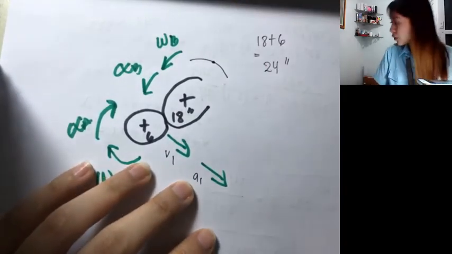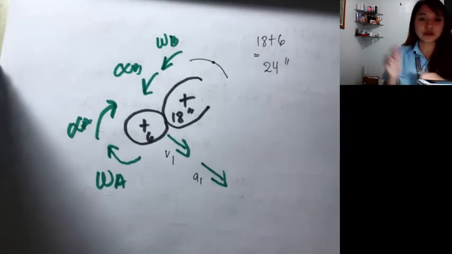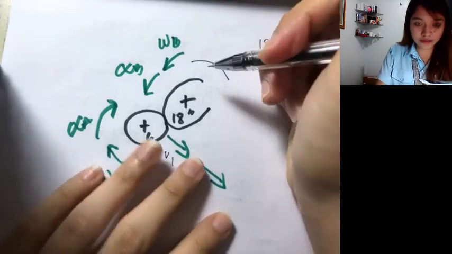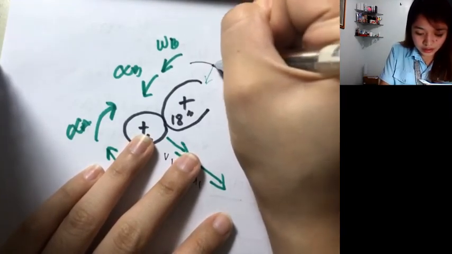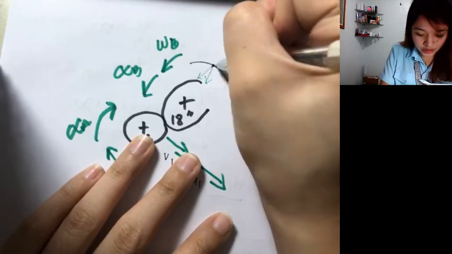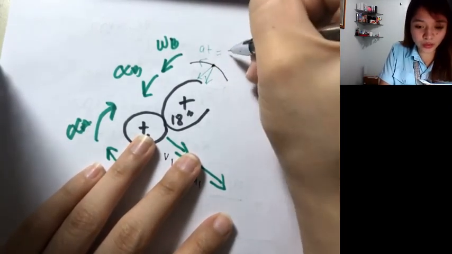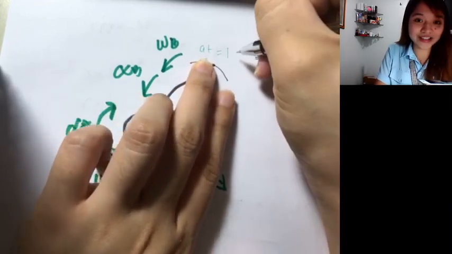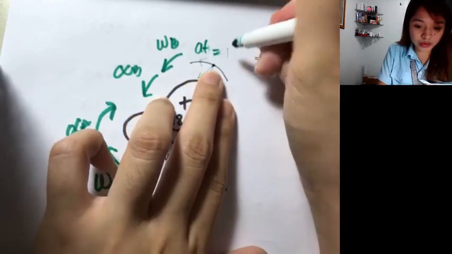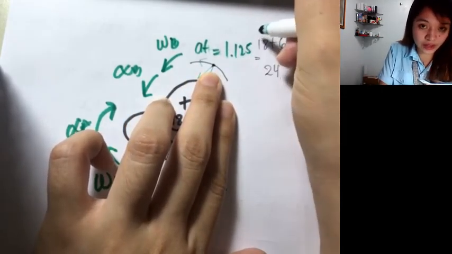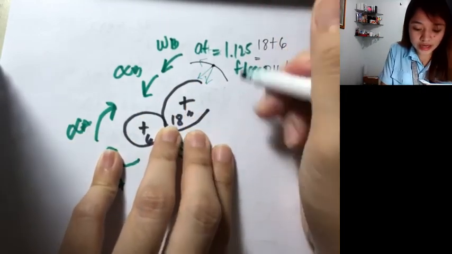For point C, we have here and here the vector. And AT is equal to what? This is our tangential acceleration, which equals 1.125 feet per second squared. If you're wondering where the normal acceleration is, it's